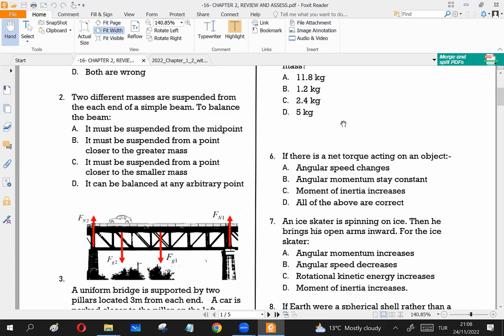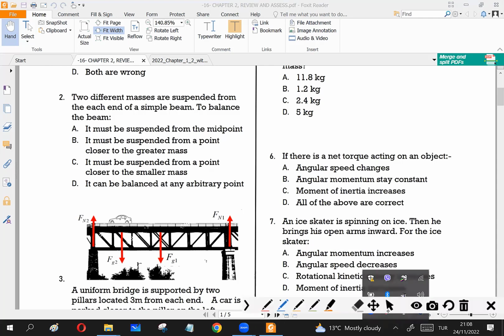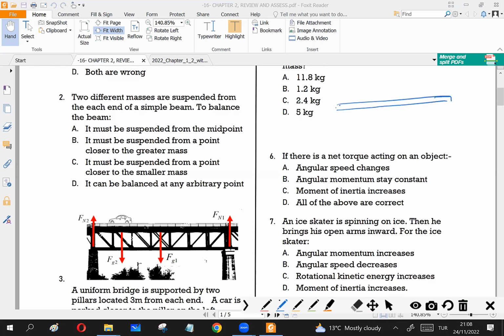And remember, when we are talking about the center of gravity or center of mass, we said that if you support an object from its center of gravity or center of mass, the object stays in equilibrium. And if an object is regular, let's say uniform, the midpoint is the center of gravity. That's why when you support it from the midpoint, you can balance it. But if the object is not